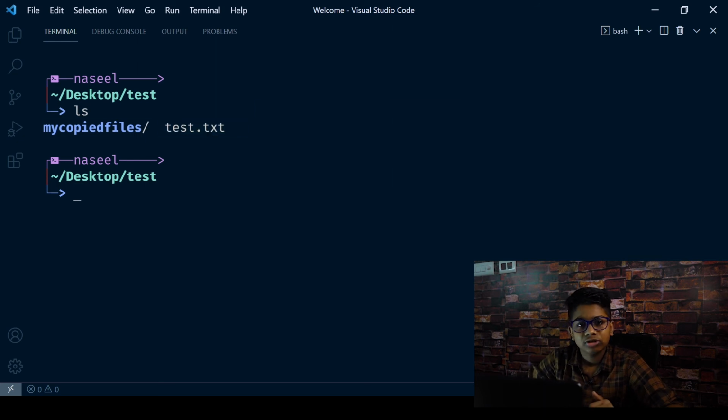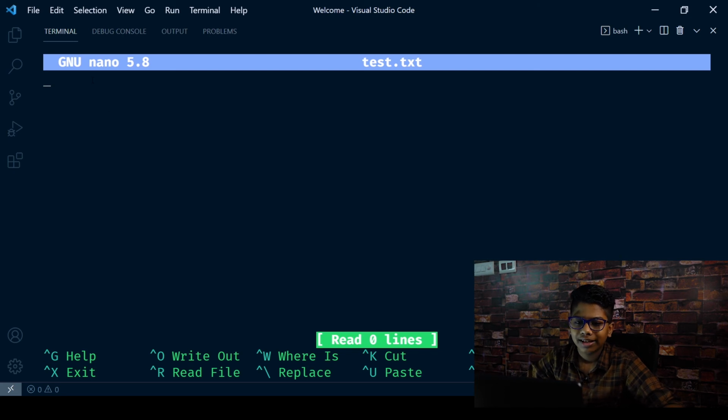So if I want to make some changes to this test.txt file, I give nano test.txt, my file name, hit enter, and it opens it up in Nano. So I'm using Nano 5.8. You can see all the information in here. I can enter something in here. So for example, I want to do my file